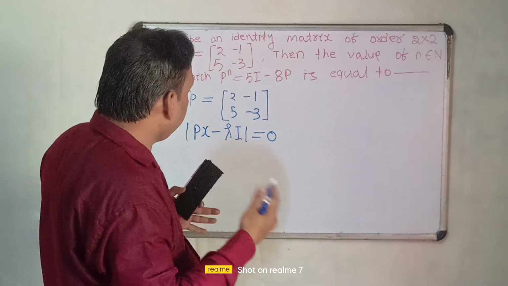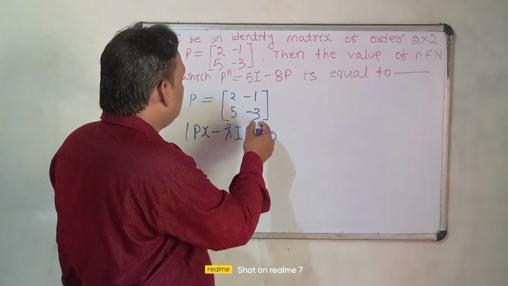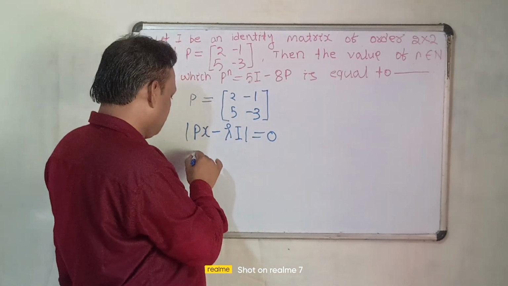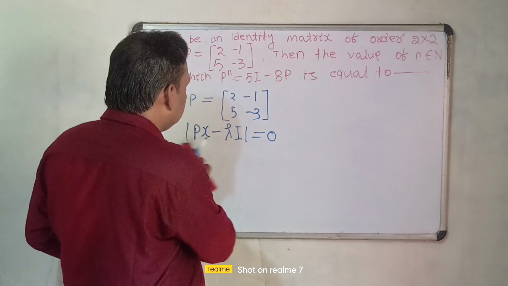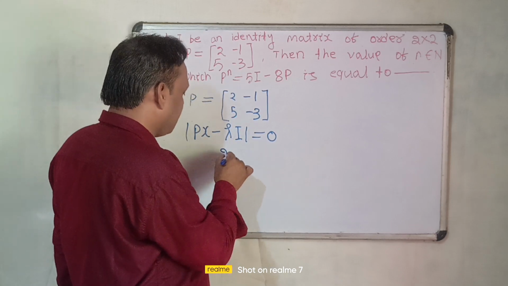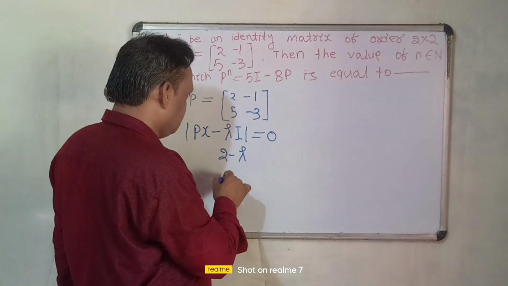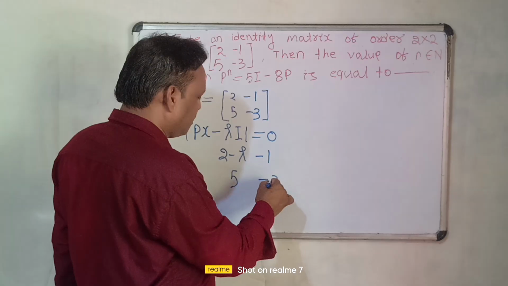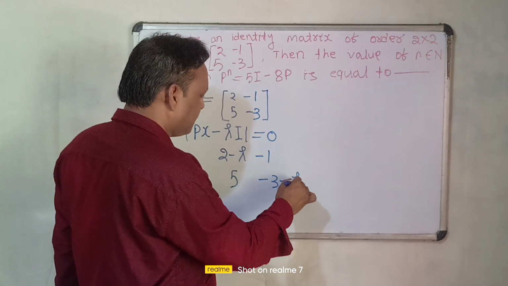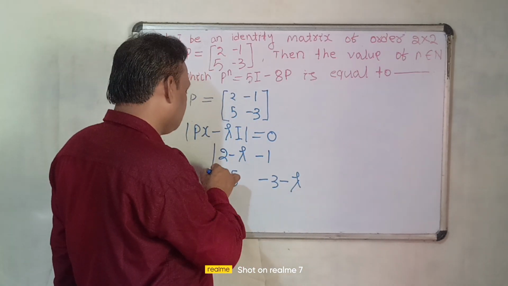So we can find the eigenvalues for this matrix. P minus lambda I equals [2 minus lambda, -1; 5, -3 minus lambda]. Then this becomes